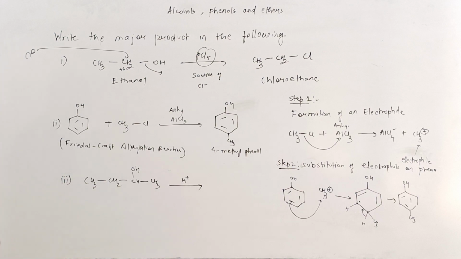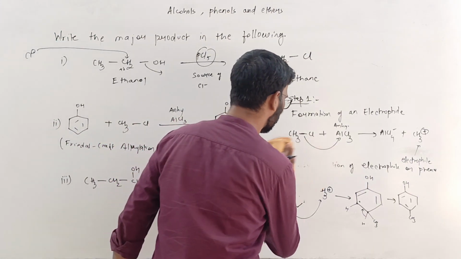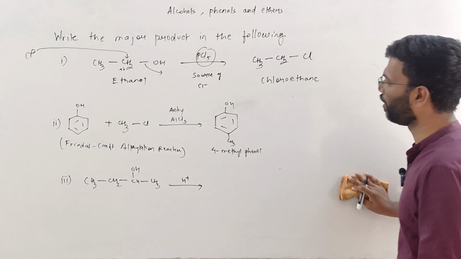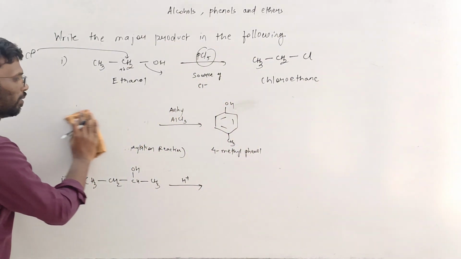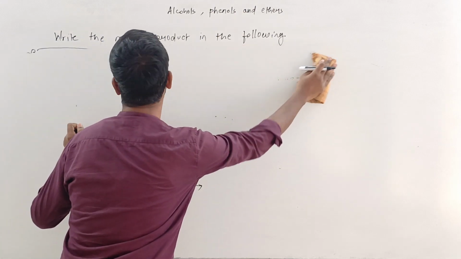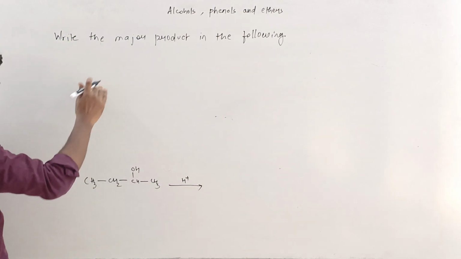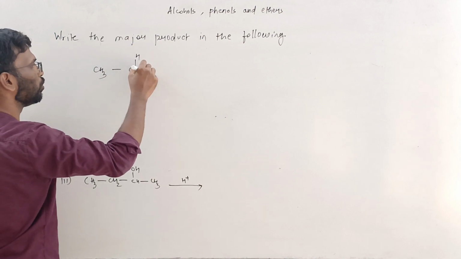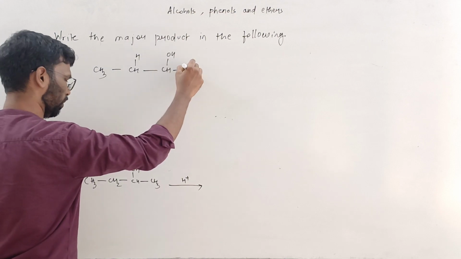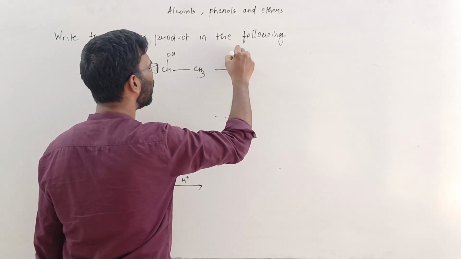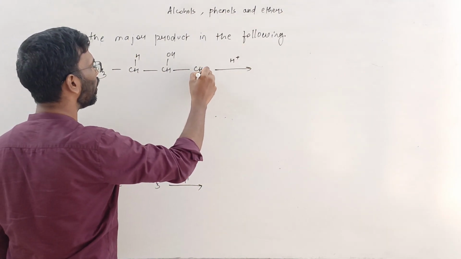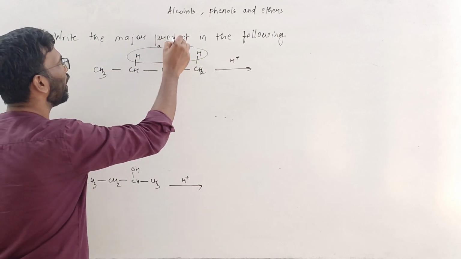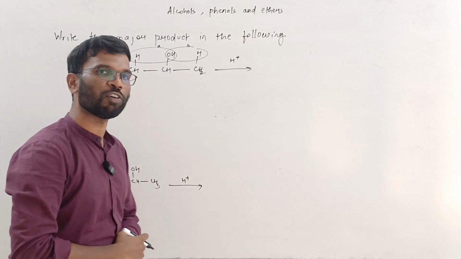Now over here, question number 3, when you add an acid to the alcohol, what happens? You get a dehydrated product. So I'll clean this top part. When you add acid to the alcohol, you take this CH and one hydrogen over here, I am writing CH, OH. I'll not go into the mechanism, but I'll tell you dehydration. Dehydration means either you remove this water molecule or you remove this water molecule. There are two possibilities, A or B. But in this type of question, the major product is asked.